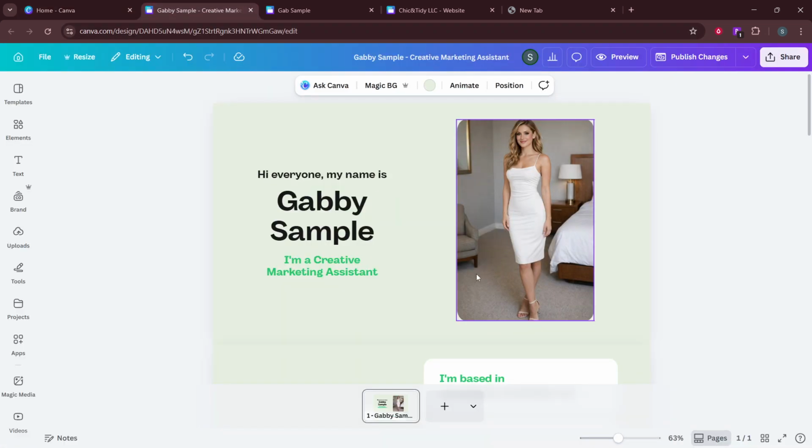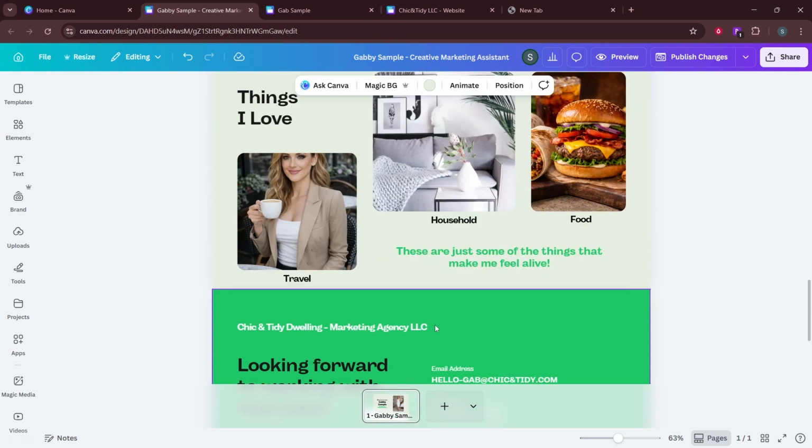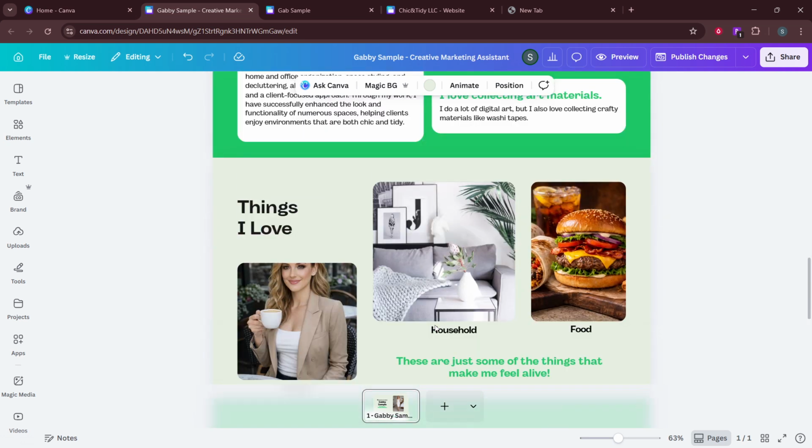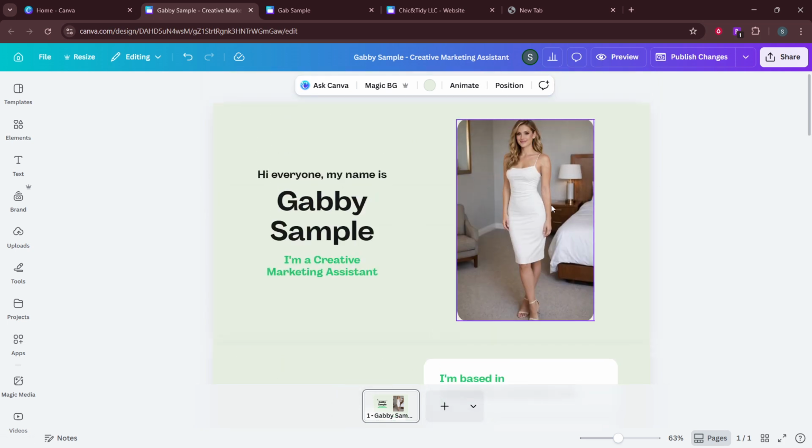Now, the good news is there's a practical workaround that gives you similar behavior. Canva treats each page in your website design as a section, and when you enable the built-in navigation, it can scroll to those sections for you. Think of it as Canva generating anchors based on your page titles. Here's how to make the most of that.